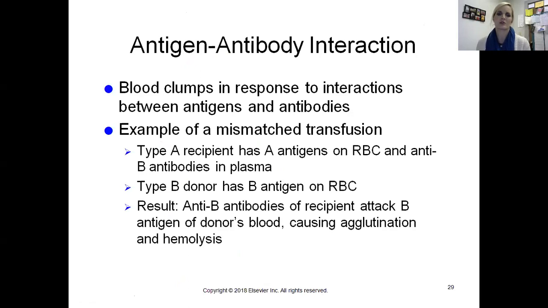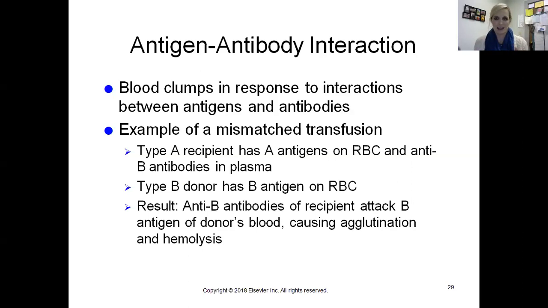So, the antigen-antibody interaction. Blood will actually clot or clump up in response to interactions between antigens and antibodies. In an example of a mismatched transfusion, as we've talked about a little bit already, a type A recipient has A antigens on their red blood cells and anti-B antibodies in their plasma, and the type B donor has the B antigen on their red blood cells, as we've seen. So if type B is given or injected into somebody who is type A, like myself, then my anti-B antibodies are going to start